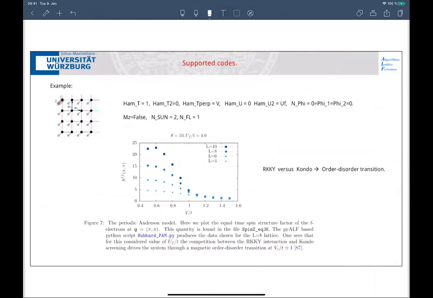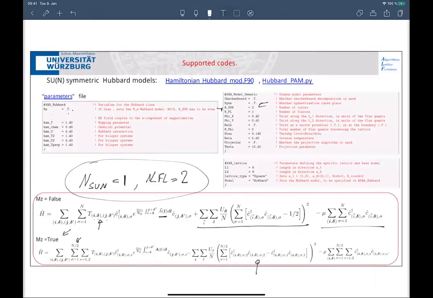Is there a question? Yes, I have a question. Can I do, for example, SU3? Yes, you can put 3, but you'll get a dreadful sign problem. So it mainly works for even numbers of N? Yes, it only works for even N. SU3, try it, you will get a sign problem. At least for these repulsive interactions, you get a sign problem. For the TV model, I'll come back to it afterwards, you can do SU3.